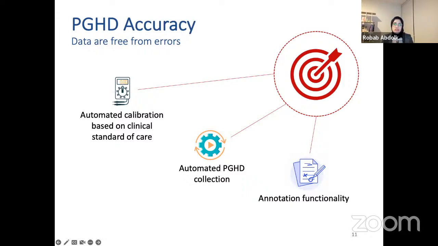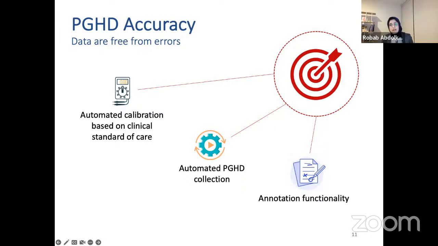Also, some of the PGHD elements, such as meals and mood, still need to be entered manually, which might not be accurately captured, and people might forget to add them. But some data can be collected automatically from consumer wearables, such as fitness trackers, and the data can be activity, heart rate, and other general wellness data. Why should the patient still need to enter them manually into the medical wearables? Because we found that no mechanism exists at the moment to connect consumer and medical wearables and allow this flow of data among them.